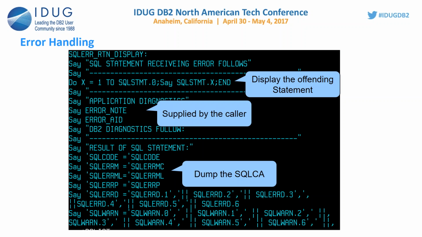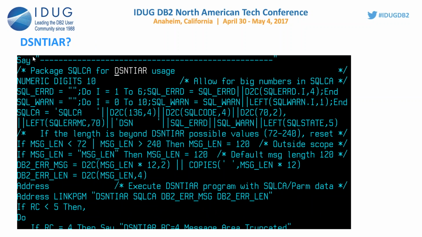Say SQLSTATEMENT.x right there in the middle. That is what is displaying the statement out so that I can see which statement failed. Okay. This you can pretty much cut and paste out of one of my samples if you want to have it in your own REXXs